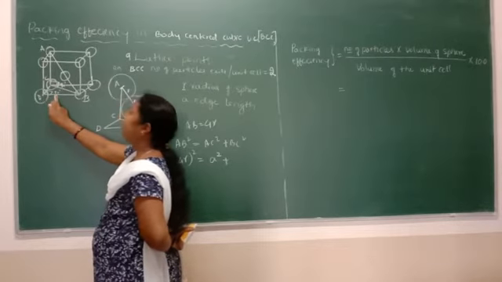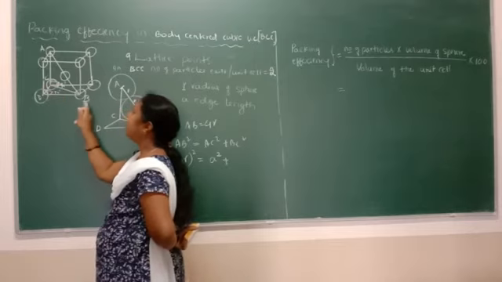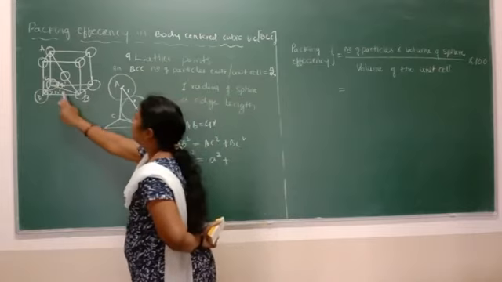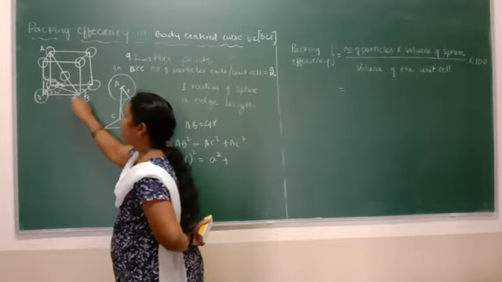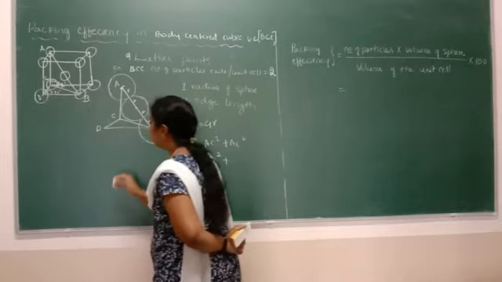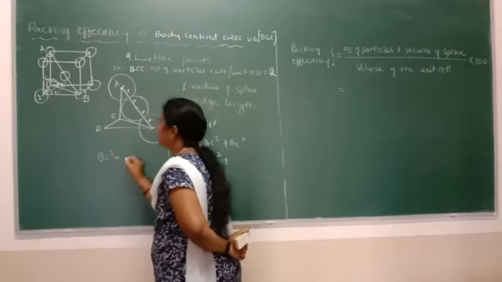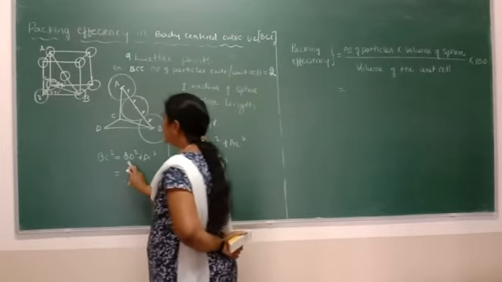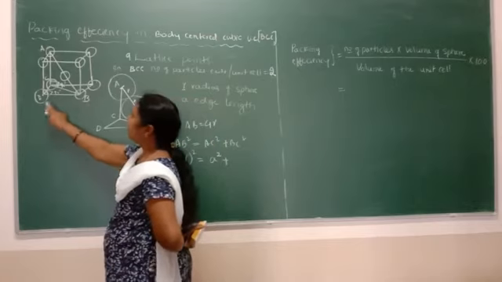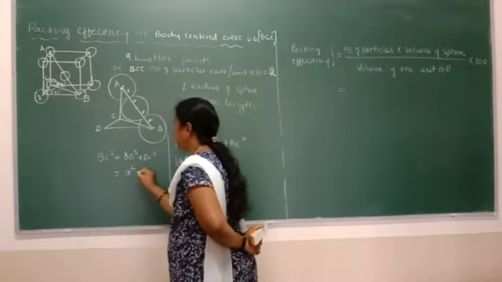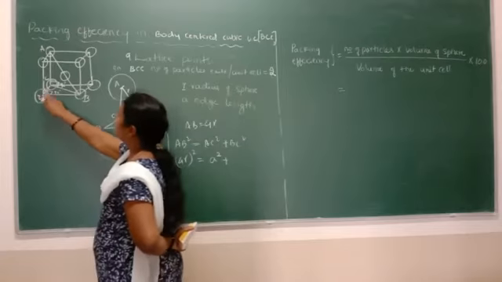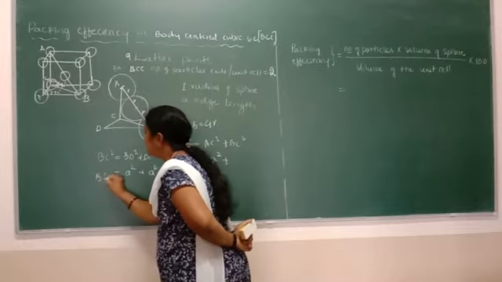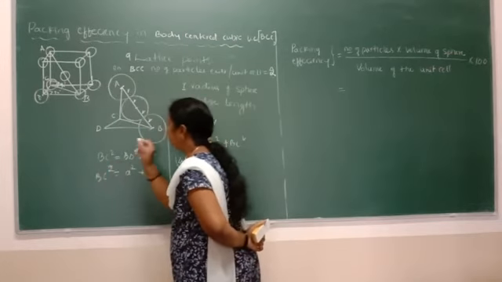We will also apply the Pythagoras theorem for this triangle BDC. So we will take it separately. BC is the hypotenuse, opposite to this 90 degrees. That is, BC square is equal to BD square plus DC square. So what is the value of BD? BD is one of the edge lengths, so it is found to be A square, plus DC square. DC is also one of the edge lengths, so it is also A square. That is, BC square can be taken as A square plus A square.